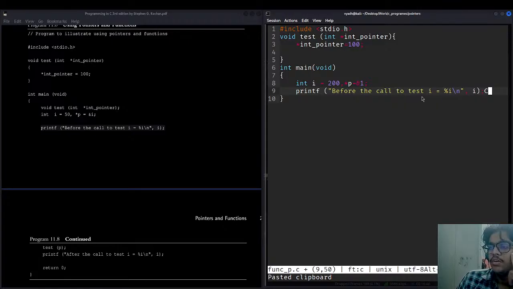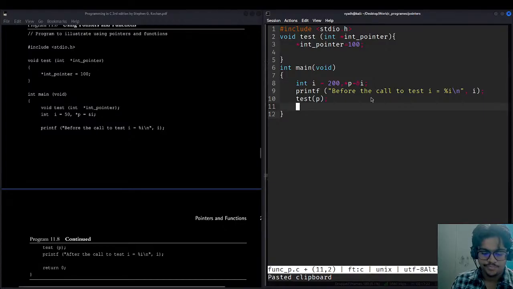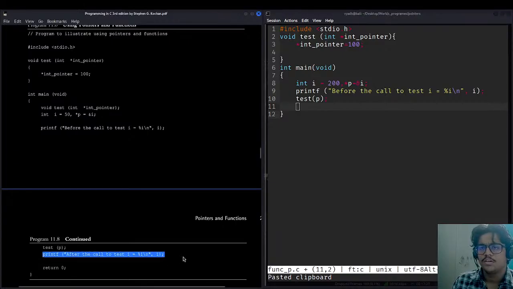So before the call to test I, it will be 200. It will be 200. But when we call the function test here, we'll pass this pointer, which should be I. Pass the pointer here. Since this test function needs a pointer here, we are giving in a pointer like p, and now we'll be printing the same statement here. Okay, this is the statement after the call.